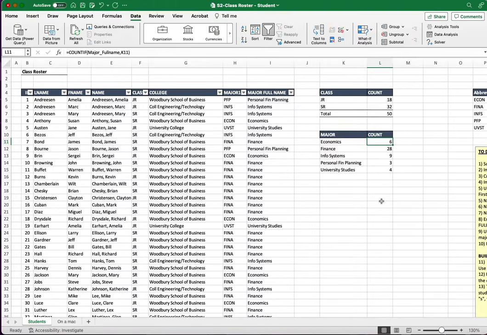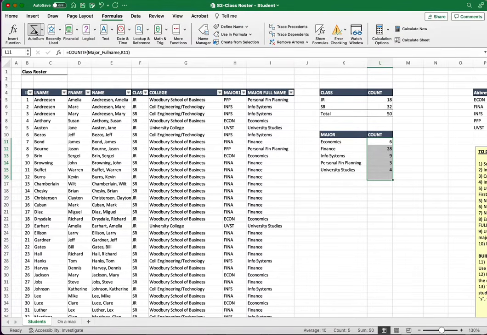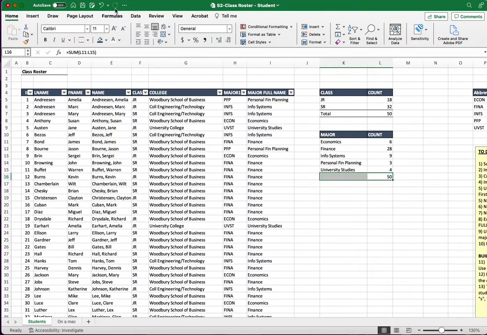And if we do that wrong, sometimes what happens is it starts counting things off of our table or other places, and I'm going to show you that here in a minute. But again, we're going to do a total. We want to make sure we got it right. I'm going to highlight that. You can go up here to Formulas and hit AutoSum, or Home and AutoSum, and we have 50 records, and then I'm going to format that, and I already have my top and bottom borders chosen, so I'm just going to click,